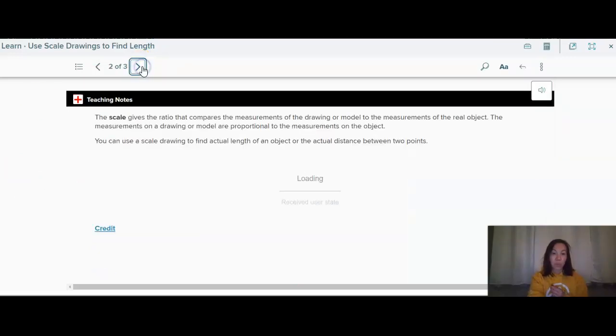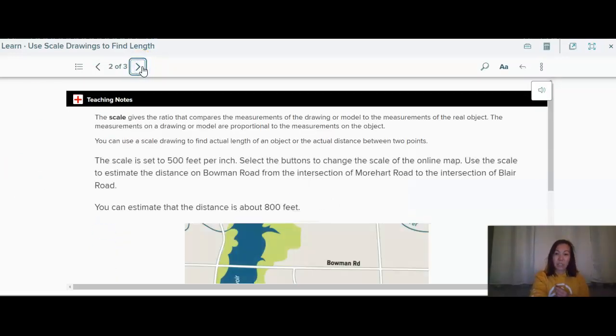Now, we're going to use scale drawings to find lengths of actual objects. A lot of times we use scales on things like maps. So the scale gives the ratio that compares the measurements of the drawing